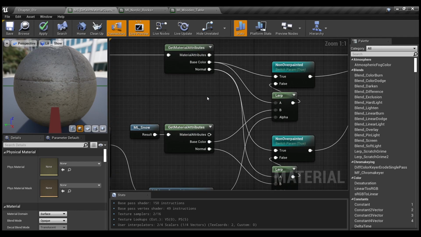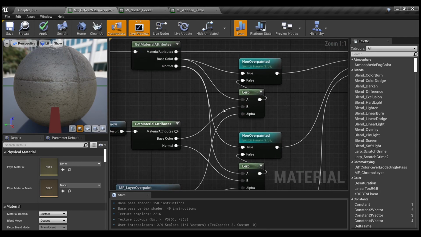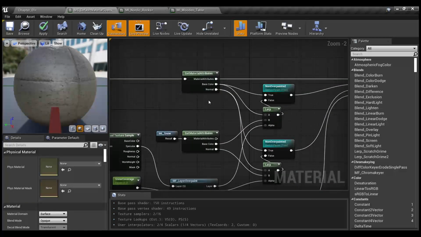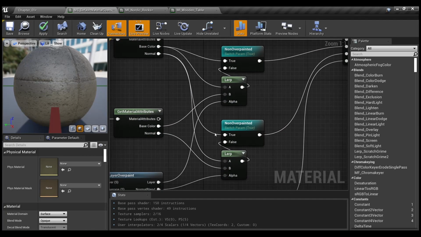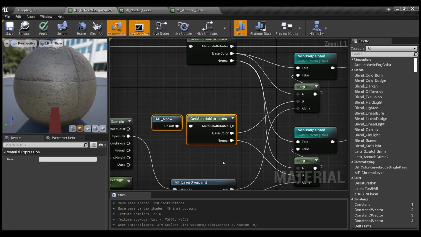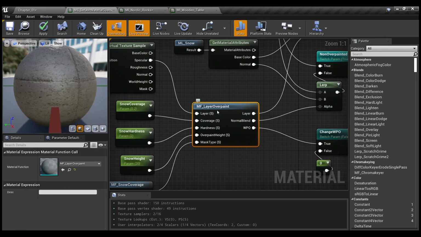So make sure also that you have the material layer of snow added here, the one that we use inside our landscape material. And here is the logic. If it's not overpainted, then I use the base color of my prop, also the base normal. And if it's false, it means that it should be affected with the weather. I'll use the information from my layer, this one, and as alpha we use the layer overpaint function, this one,